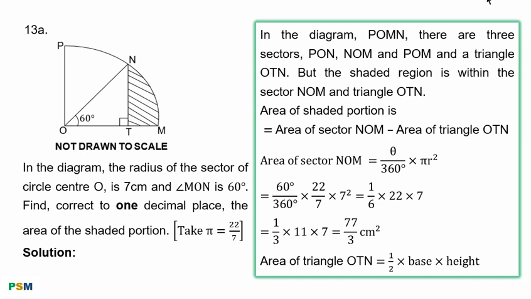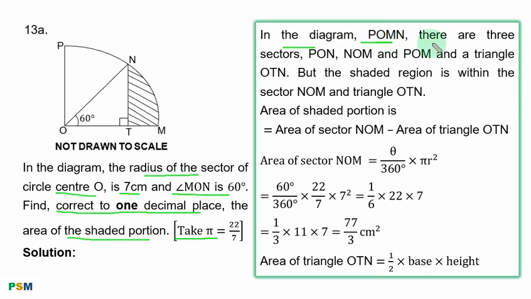Question 13a. In the diagram, the radius of the sector of circle center O is 7 cm and angle MON is 60 degrees. Find correct to 1 decimal place the area of the shaded portion. Take pi equal to 22/7. Solution. In the diagram